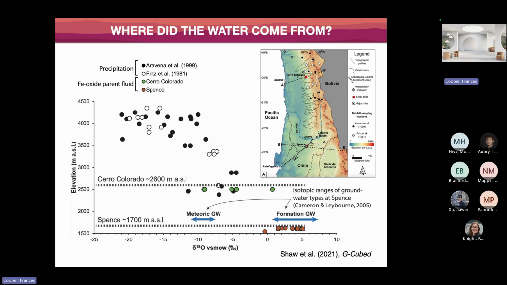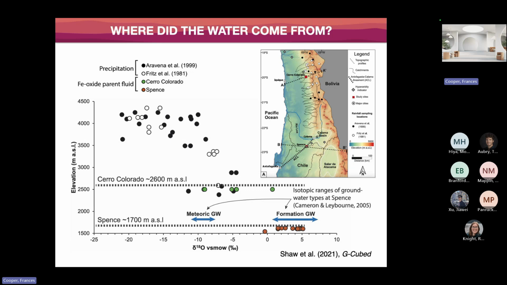Whereas the Spence samples here are slightly more complicated. What we find here is these are the values of oxygen isotopes from the hematite that we collected from Spence, and you can see that they're all much, much heavier, and they coincide very nicely with some isotopic work that was done by Karen Laybourne in 2005 from Spence, where they found two different types of water. They found isotopically heavier, what's known as formation water, so that's groundwater that's basically been transported a very, very long distance,